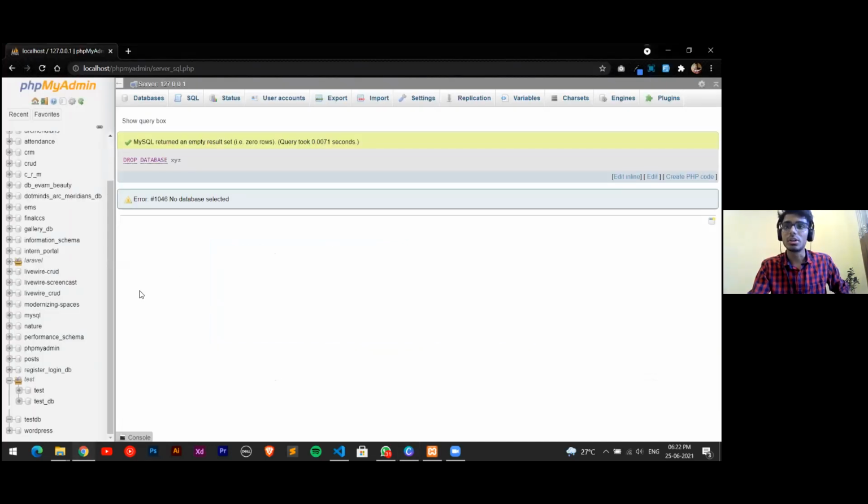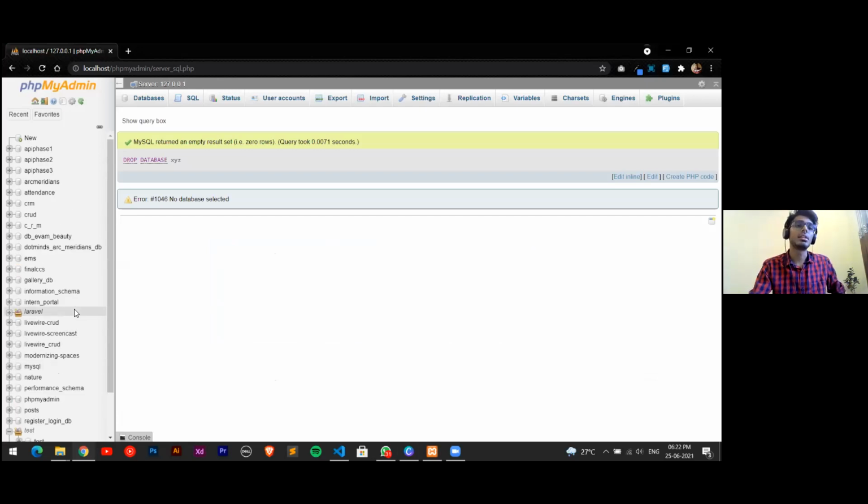So what SQL basically has is a database. The first thing is a database, which is just a name. Assume it like a container. You have a container, and many other things are stored inside that container. The things are stored here in the form of tables. Whatever information we store is stored in the form of tables, like the normal table we saw yesterday. So we store the data in tables.